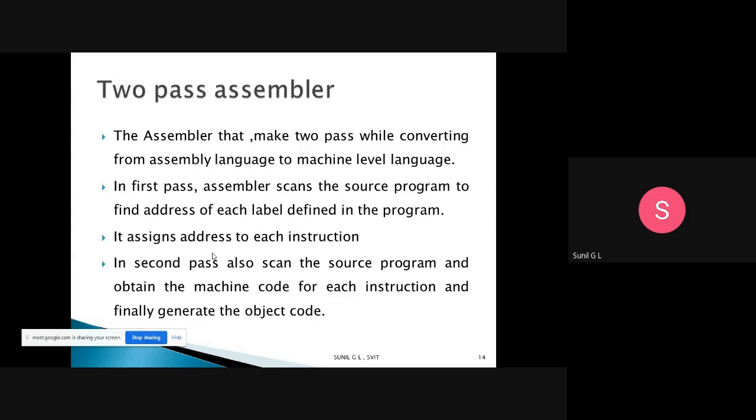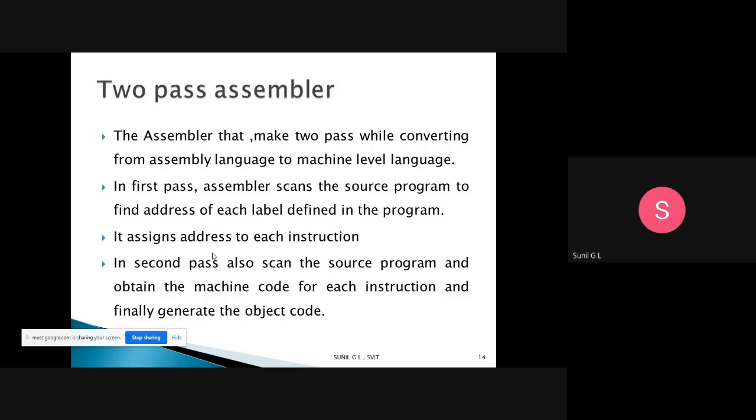In first pass, the assembler scans the source program to find the address of each label defined in the program. The second one: it assigns the address to each instruction. In second pass, what will it do?